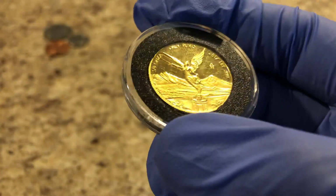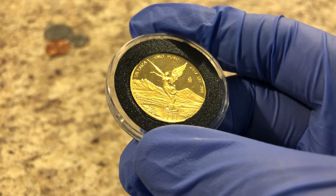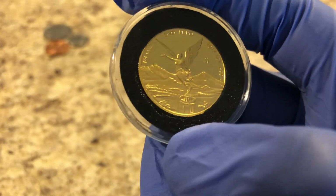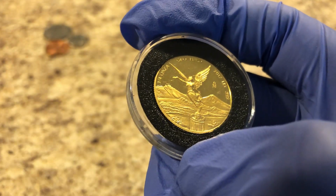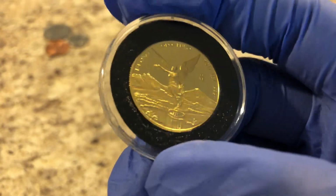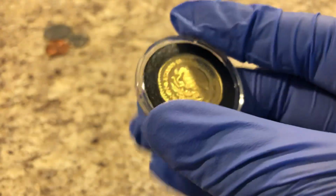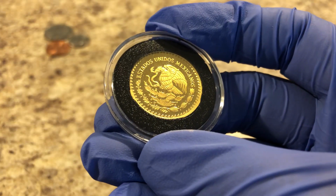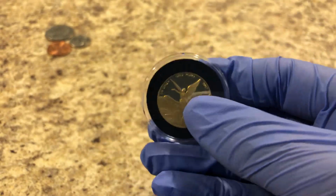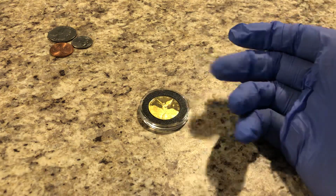Now, as I said, this was a limited mintage of 1,500, which makes it a little bit more collectible, but I'm not really into the collectible side of stacking. It doesn't suit me. Silver is silver, gold is gold. It's really just the purity and the weight that I mind. I'm not into the artsy pieces or anything super collectible, just because it's extra money. It doesn't have to be spent. If you're into that, cool. But